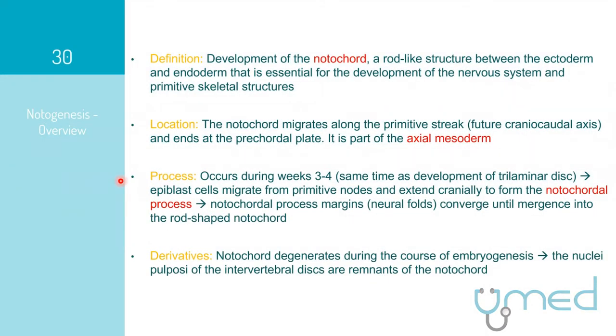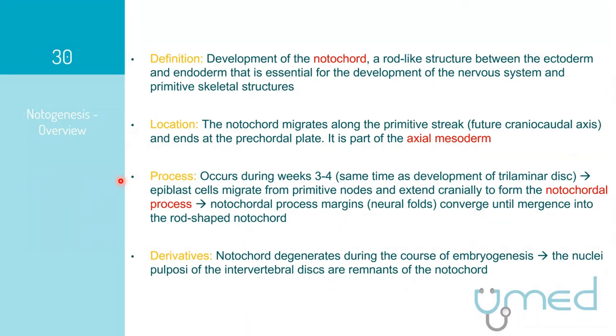The development of the notochord, which, like we mentioned numerous times, is a rod-like structure going to be situated between more or less the ectoderm and the endoderm, right? Sorry, between the ectoderm and endoderm, right? So what's between the ectoderm and paraxial mesoderm is going to be the neural tube, all right, not the notochord, all right? So just differentiate that real quick. All right, so between the ectoderm and endoderm, that is essential for the development of the nervous system and the